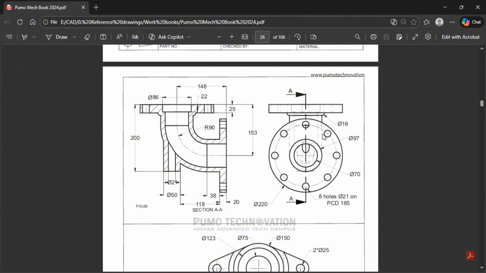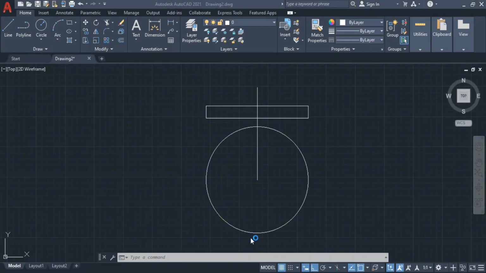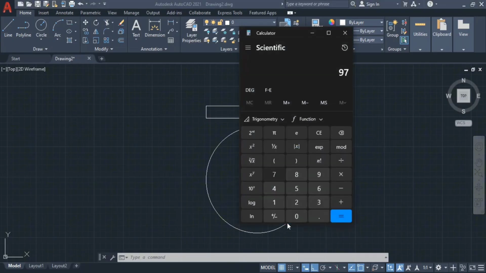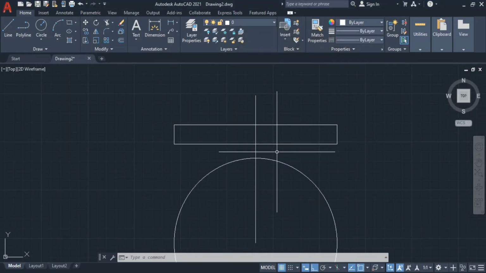And what about the middle pipe dia? Okay, 97, we consider that 97. So what is the half value? 97 divided by 2, 48.5, right? So I want two more lines, one on this side and one on this side, at a distance of